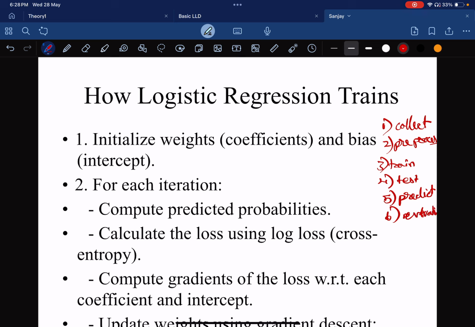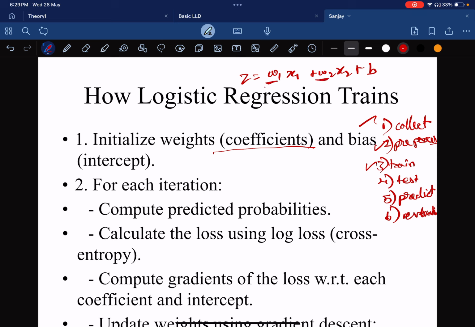First we will collect the data, right? Then we will pre-process the data and we will train. During the training process, how will it train the model, right? We need to train it well, so that it will predict well on unseen data. During the training process, it will initialize the coefficients. As I said, the linear regression equation is w1 x1 plus w2 x2 plus b, where w1 and